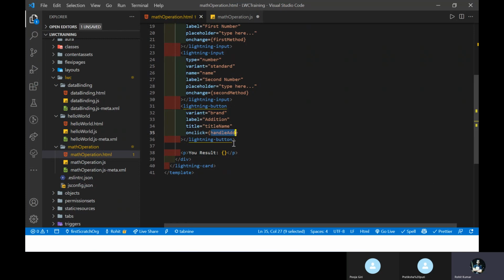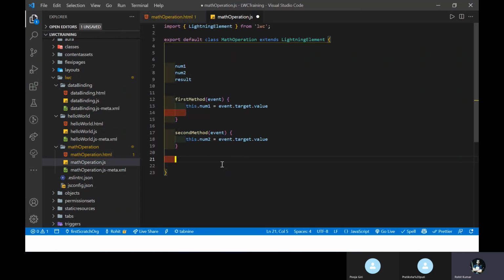Now it's time to define this method under the JS. So how to define? Just handleAdd with parentheses, and under this method you have to perform your result: this.result = parseInt. parseInt means typecasting. So Pratiksha and Pooja, do you know about typecasting?